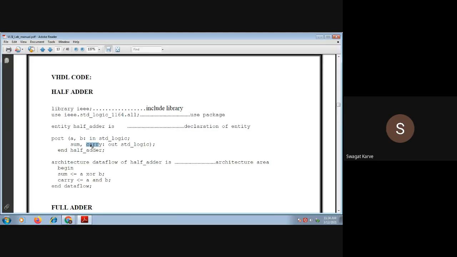You can choose any alphabet from A to Z for input as well as output. It is up to you. I have used sum and carry here, but you can use another notation. So sum comma carry are of mode out, and the data type is std_logic. And the name you gave to the entity is the same name that comes at the end. So this is the entity part.